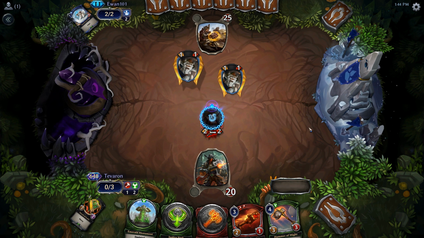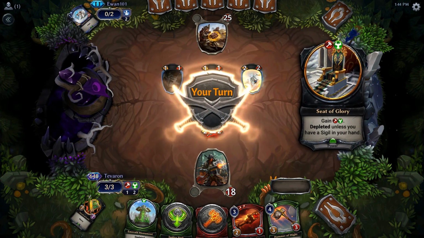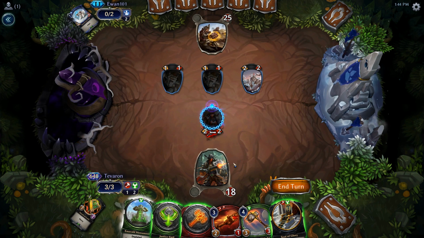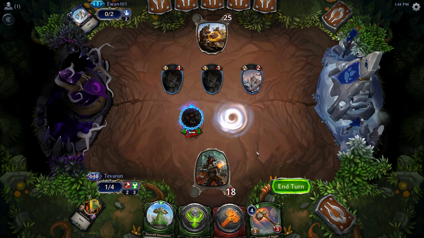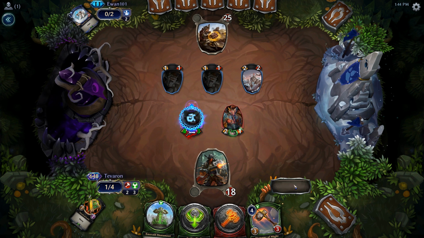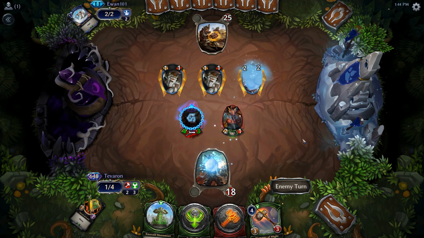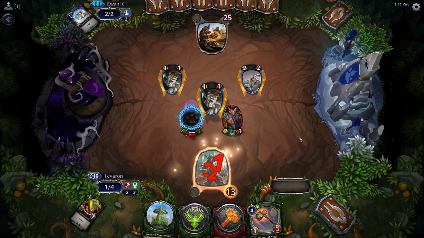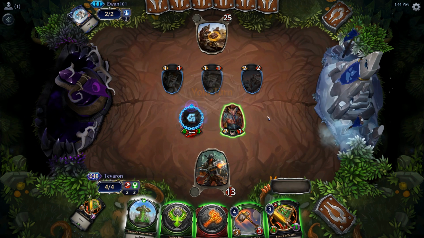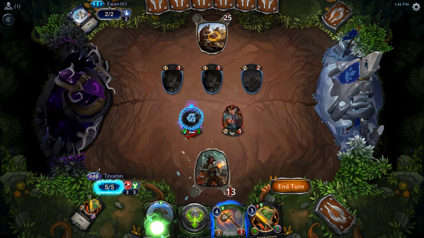Alright, Snow Chucker. Aw. So, unfortunately, I think we have to do this, even though we can't attack with that. That does give us an Oni Ronin. And I think we're going to take this. Yeah, I feel like that was the right decision there. Then we can